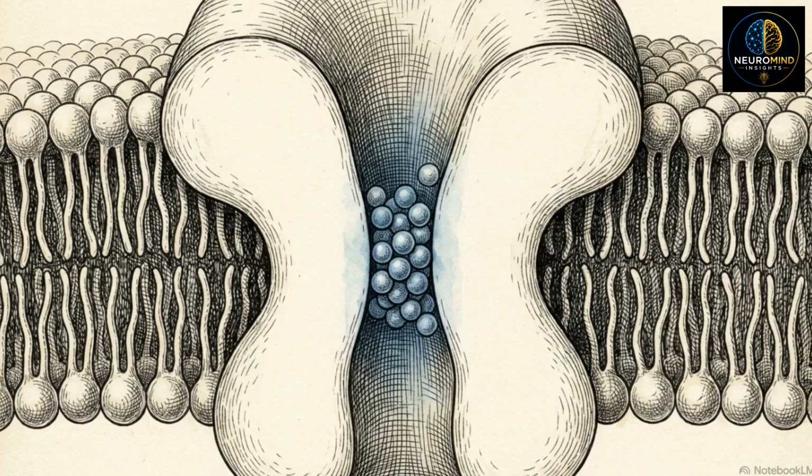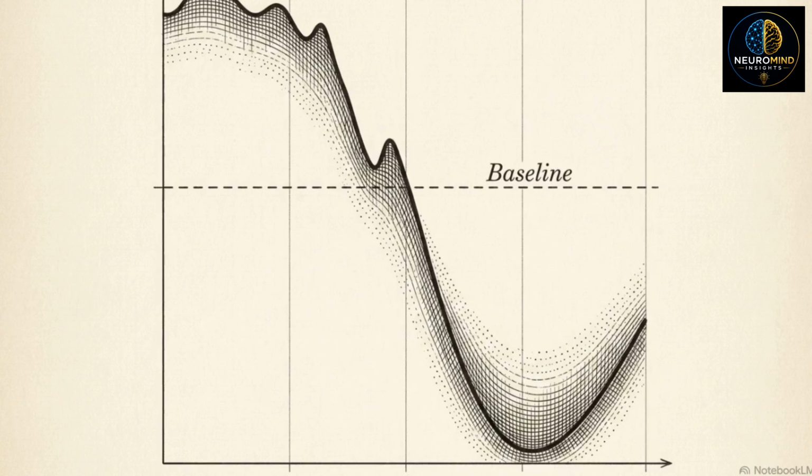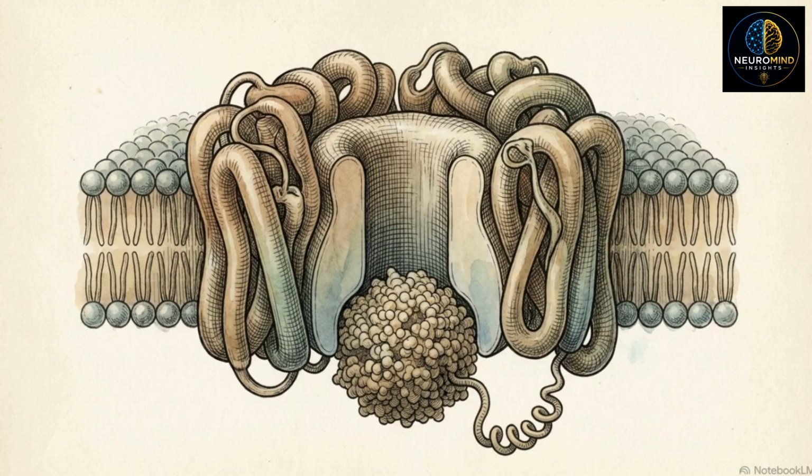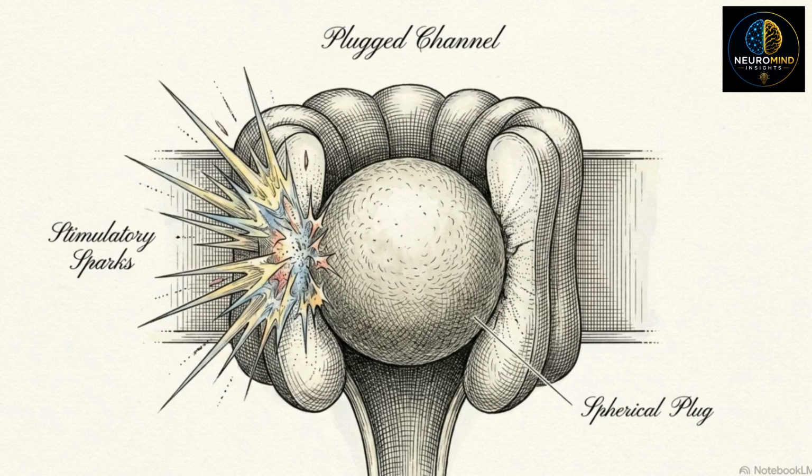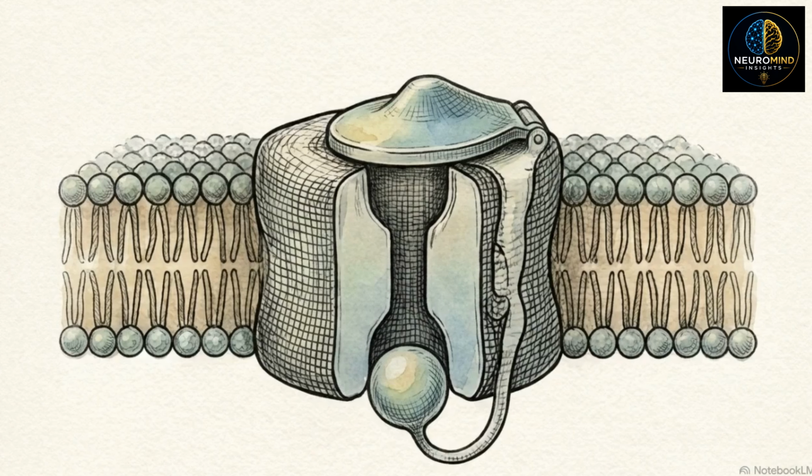These voltage-gated potassium channels are slow to close. They allow too much potassium to escape, overshooting the baseline and driving the voltage to -90 millivolts. This is hyperpolarization. During the drop from +30 back to rest, the cell is in the absolute refractory period. Because the sodium channel is still physically plugged, it is impossible for the cell to fire a new signal, regardless of the stimulus strength. Once the voltage dips to -90 millivolts, the gates reset, entering the relative refractory period.